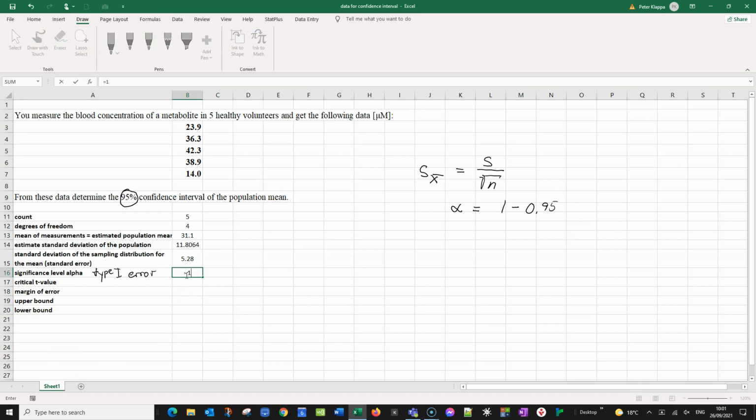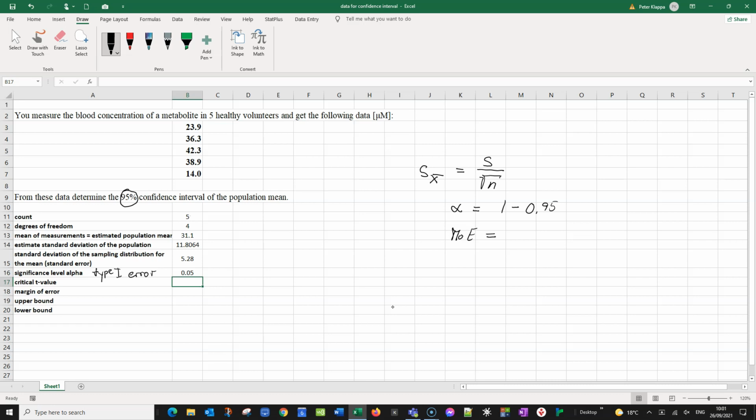Equals 1 minus 0.95, and we get an alpha of 0.05 or 5% alpha. Now we also need to calculate then the margin of error. So we calculate the margin of error,